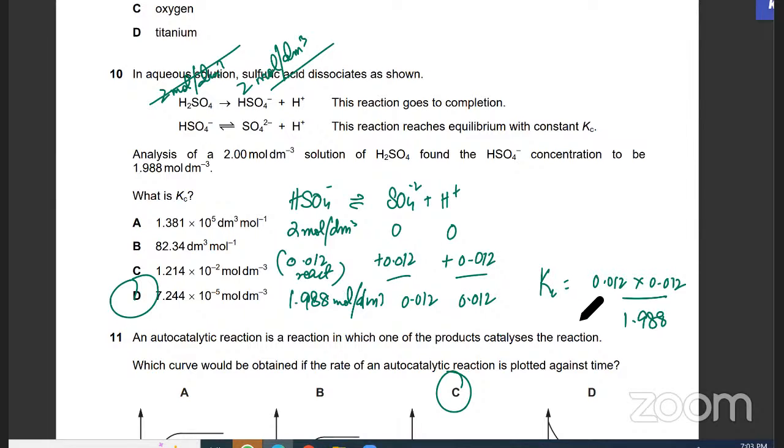Sir, but in the mark scheme, they have written C. No, one, I'll tell you what's